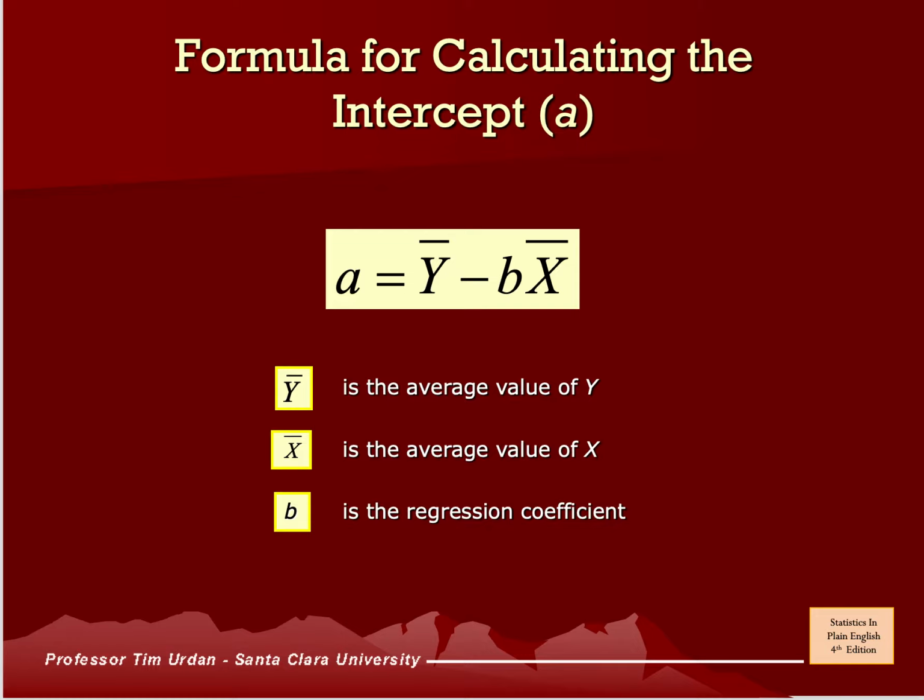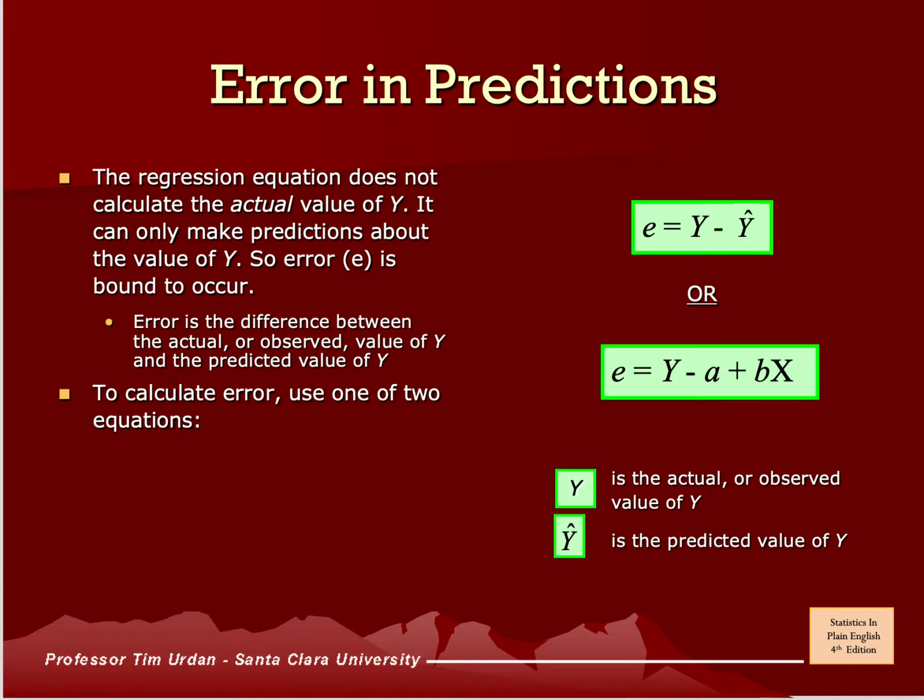The formula for calculating an intercept, if I want to know where the intercept is and I can't visibly see it, is going to be this formula here. But again, Excel is going to do a lot of this crunching for us as we can view scatter plots in Excel. The regression equation does not calculate the actual value of y, so it's a prediction. Predictions always have a margin of error, so we always say there's some error when I'm using a regression line to predict